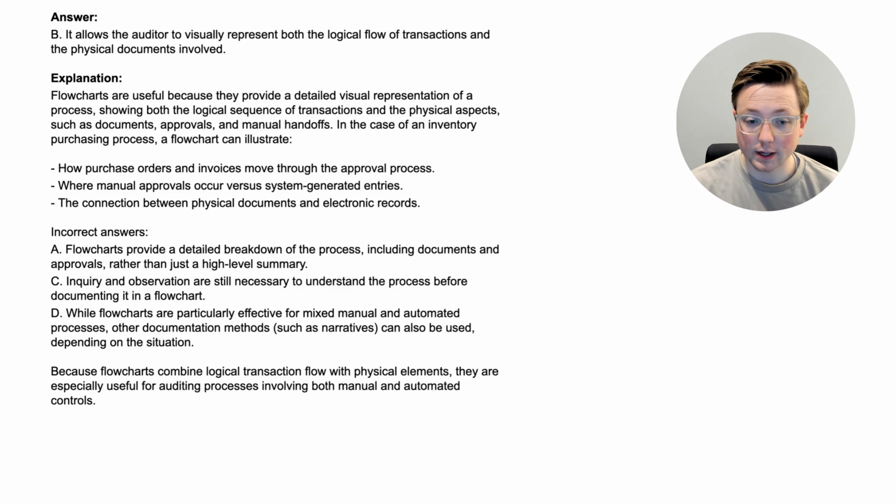Now let's go through the other incorrect answers. A, flowcharts provide a detailed breakdown of the process, including documents and approvals, rather than just a high-level summary. C was incorrect because inquiry and observation are still necessary to understand the process before documenting it into a flowchart. And then D was incorrect because while flowcharts are particularly effective for mixed manual and automated processes, other documentation methods